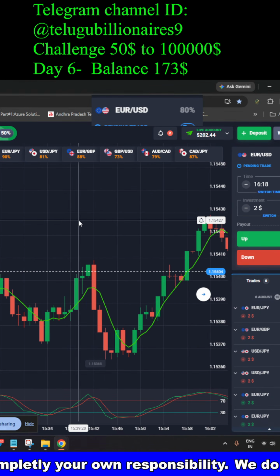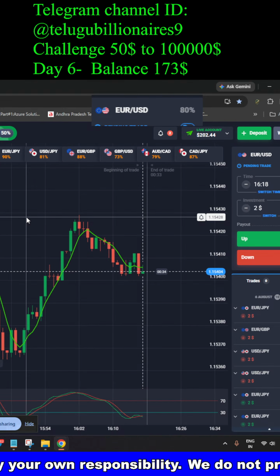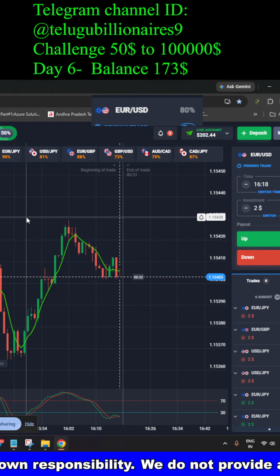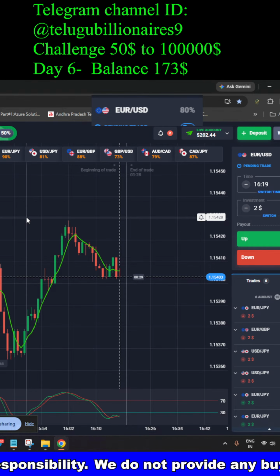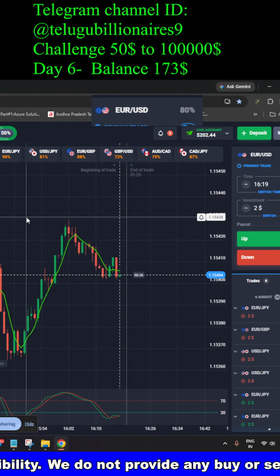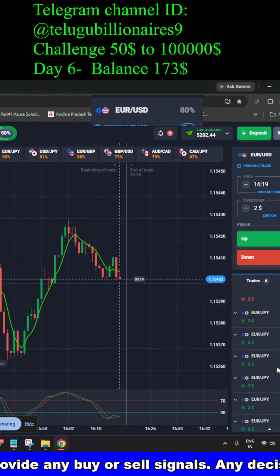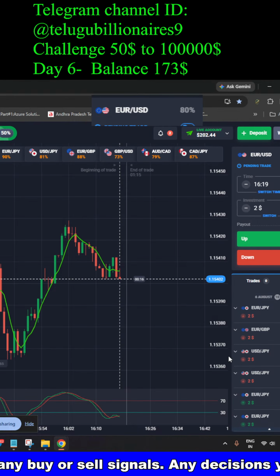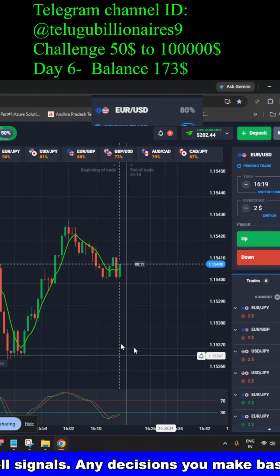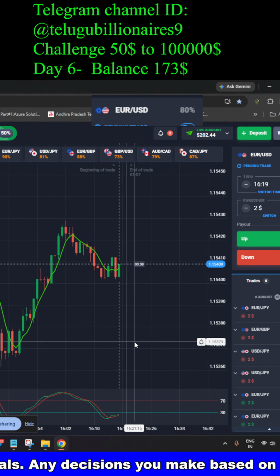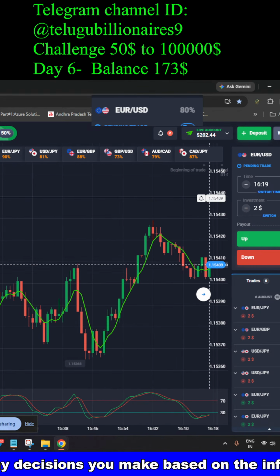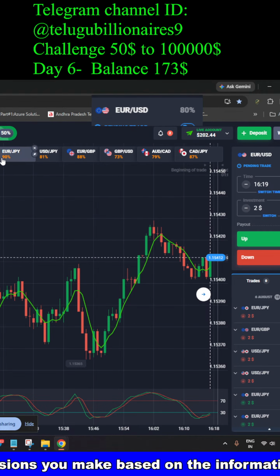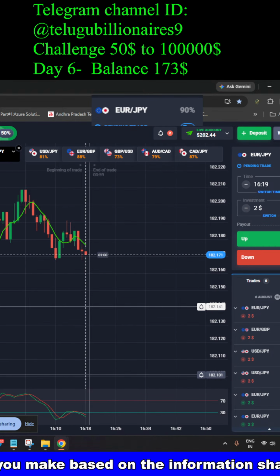For that, the setup will be very simple. We are going to trade with the trend only, not against the trend. If the trend is your friend, the accuracy will be more. That's why I got a very good win ratio. Earlier I was afraid to place trades in real pairs, but nowadays I'm trying to catch the good things. First, you need to find a good script. I can say this is going very good.